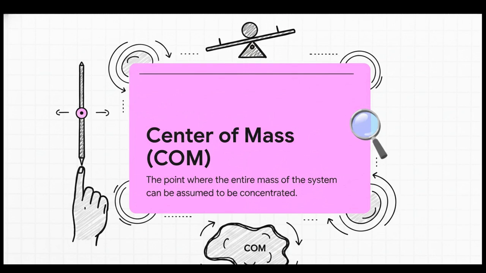Now, to really grasp rotation, we have to nail down this one foundational concept. If you want to balance a rigid body, like when you try to perfectly balance a pen on your finger, you absolutely must find its center of mass. It is literally that magical sweet spot where the entire mass of the system can be assumed to be concentrated, making its weight completely, perfectly balanced.